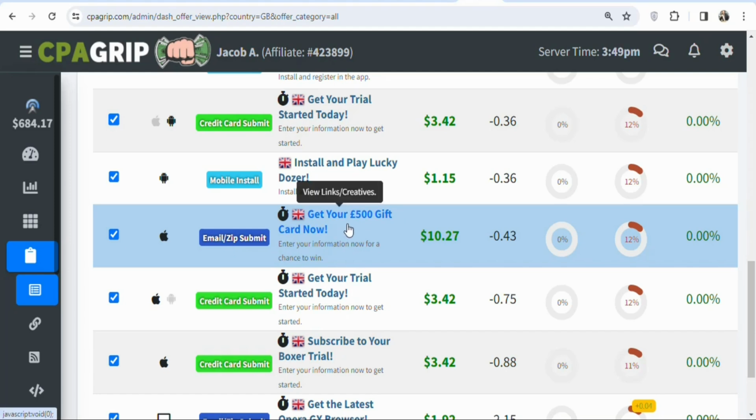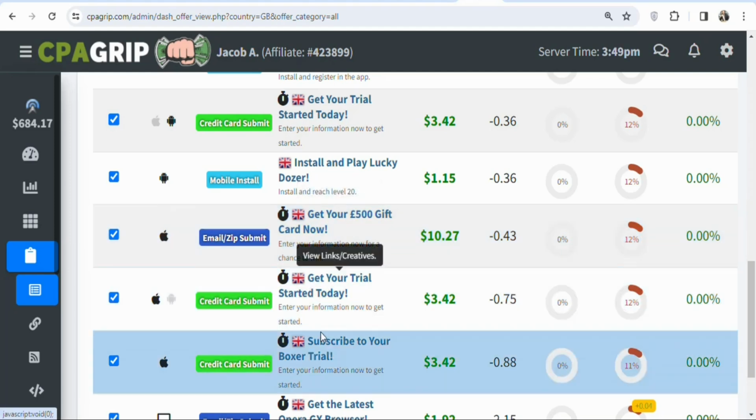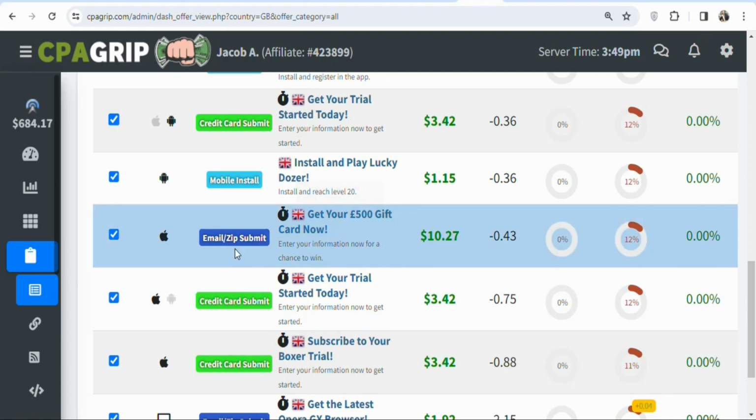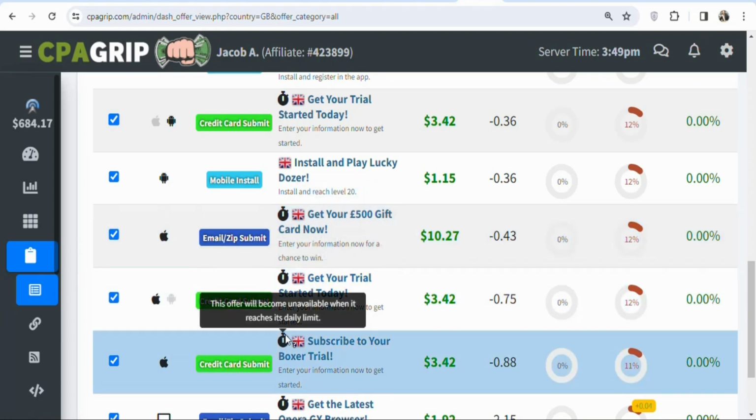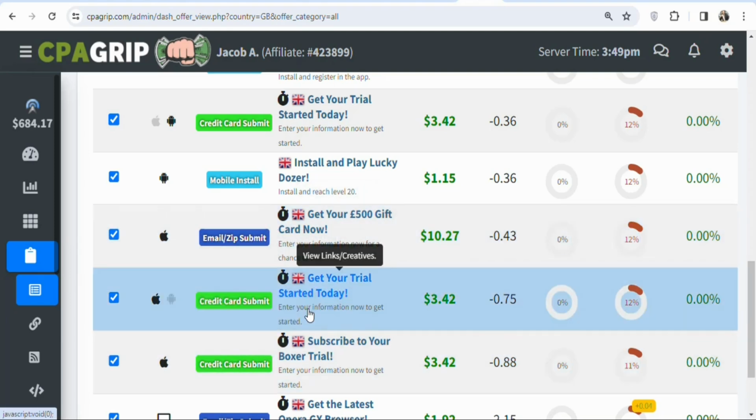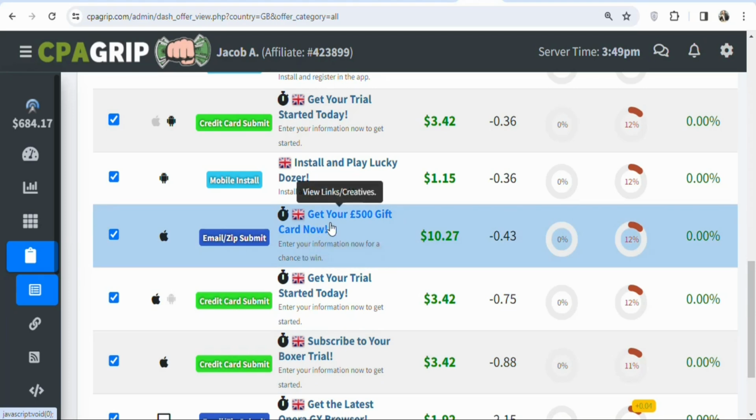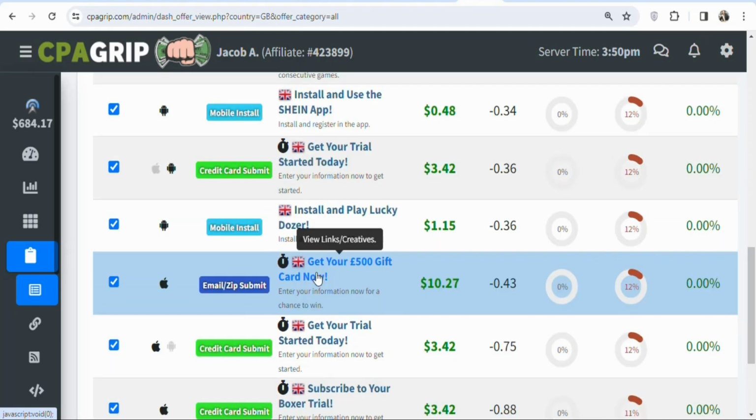If you want, you can promote an offer like this. There are many others, so apart from the email and zip code submit, any of them that you want, you can select and then promote it. In this case, I'm going to be promoting this offer right here, get £500 gift card now. This is the offer that I want to promote because it has an easy requirement and the payout is high. So if our potential visitors are able to enter their email and zip code, we can be paid. It is very simple as that. They don't need to buy anything. So this is one of the best offers that you can